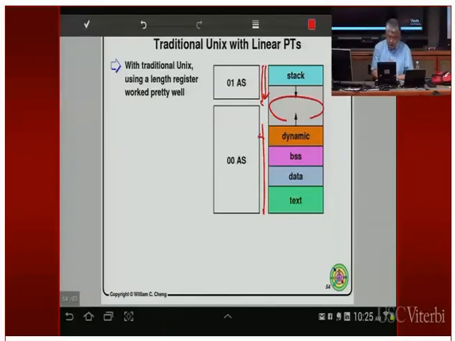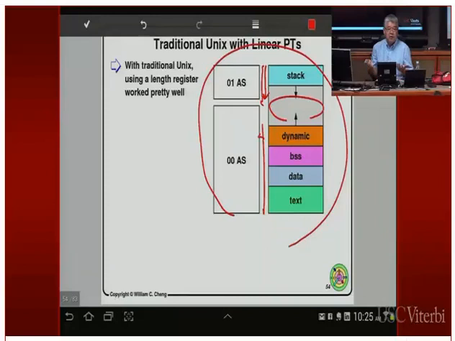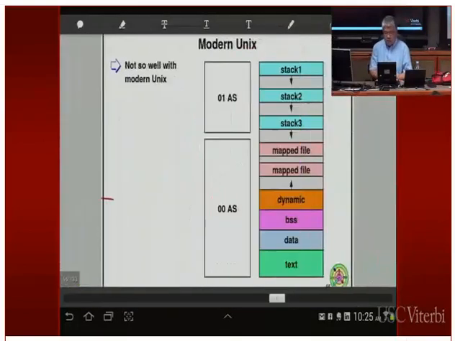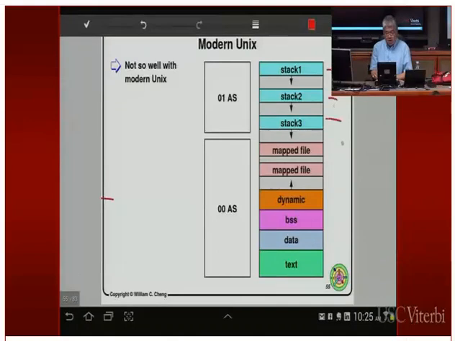Okay, so in the good old days, when you only have a single thread inside every process, this is probably not a bad way to go. And VAX was a very successful computer. Lots of people were using it until we started having multi-threading. Therefore, the address space looks like the stack is everywhere, memory map file is everywhere. Then using these 2 length registers is no longer enough to cover that big of a page table. Okay, so this spells failure for the linear page table.